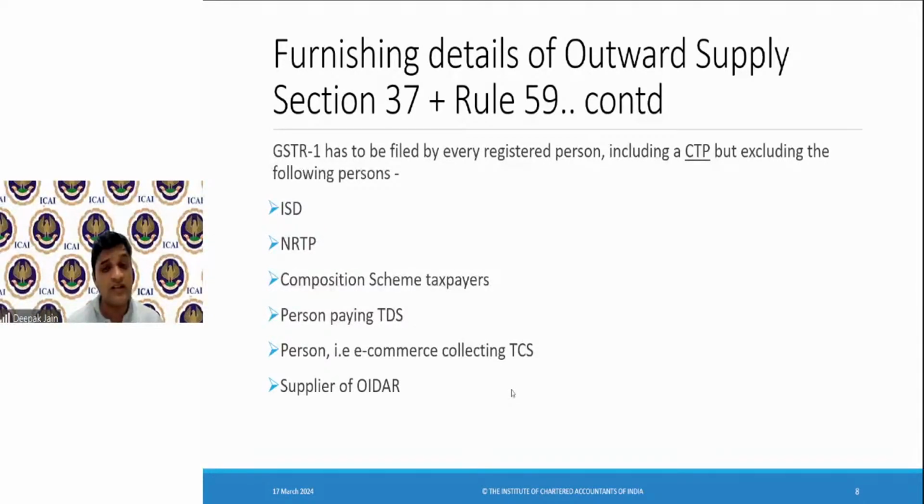Because a composition dealer is not eligible to avail ITC. Okay, but my question is not on his availing ITC. He is making outward supply, so he will not avail the ITC. Correct, but he is making supply, Hemlata. So if he is making supply, then he should report in GSTR-1, right? Why is he not required to file GSTR-1? Composition taxpayers file returns quarterly, therefore it is not required. So what? What is the logic for not filing GSTR-1?